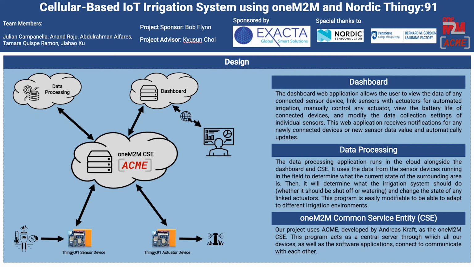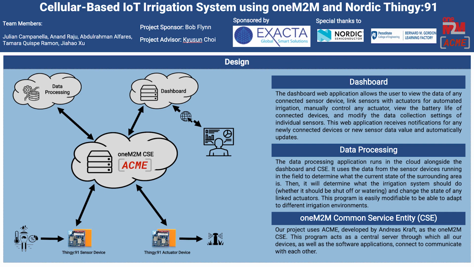As you can see on the left here, we have an overview of the project tree. We have sensors that collect information such as rainfall, GPS, soil moisture, temperature, and humidity, and send this all to our central CSE, Common Services Entity. Then we have a data processing application that runs alongside it that uses all of this information to determine what the state of the system should be, whether it should be watering or not. This information is sent to the actuator to automatically turn the irrigation system off and on based on these weather conditions. We also have a dashboard, as you can see, for displaying this information graphically and allowing more